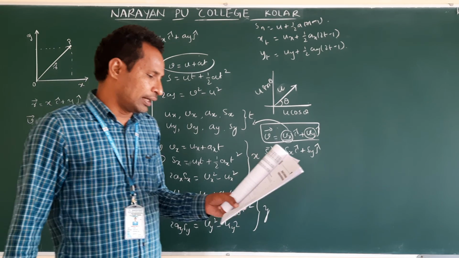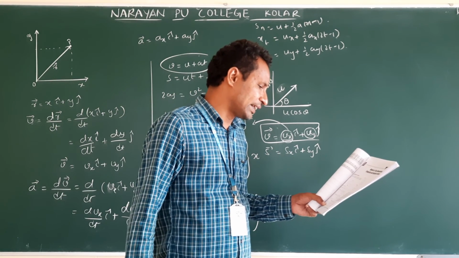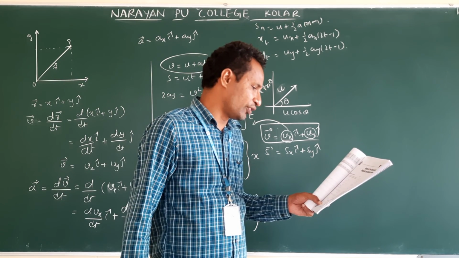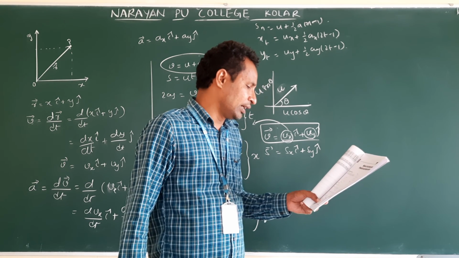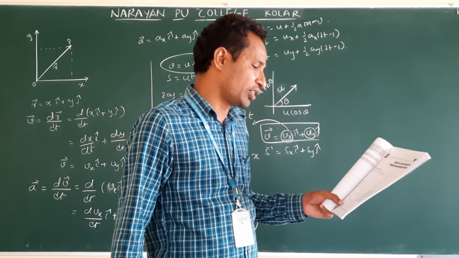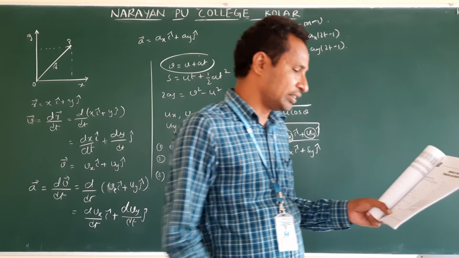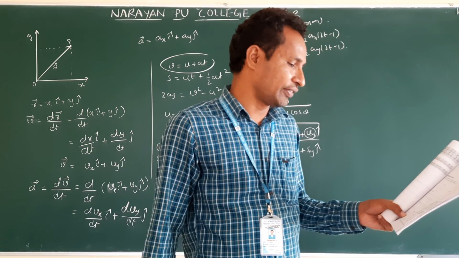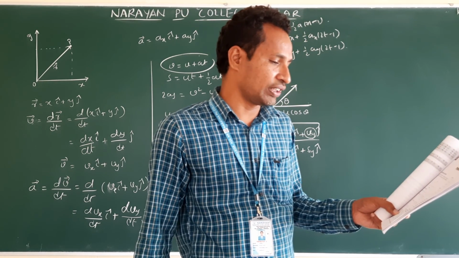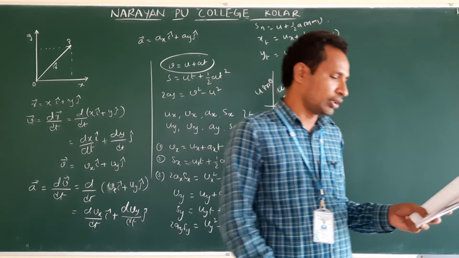Clear? And to determine the trajectory path followed by a particle, find the relation between x and y, eliminate variable quantities, and name the trajectory after observing the relation between x and y. For this common relation, the values given are cos 37, sin 37, sin 53, cos 53. You remember these values? Clear?